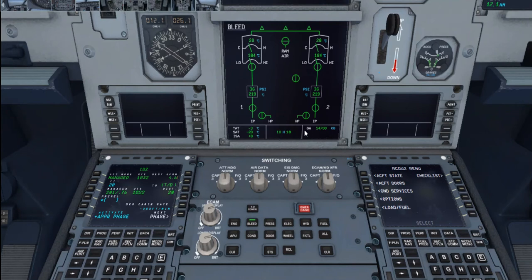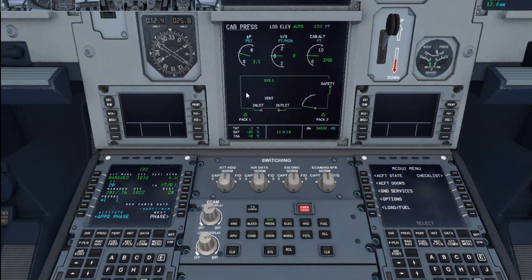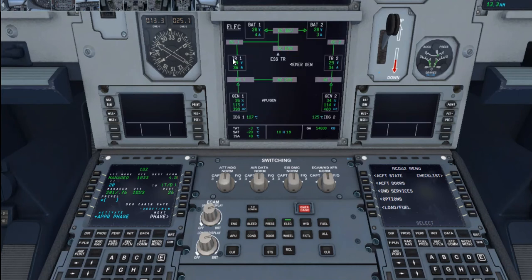Yeah, and you have your gross weight over here, 54.7 tons. This is your pressure page. This is your cabin pressure. So this is your delta P, your differential pressure. The pressure difference between your cabin and the atmosphere is your differential pressure. This is your electric,